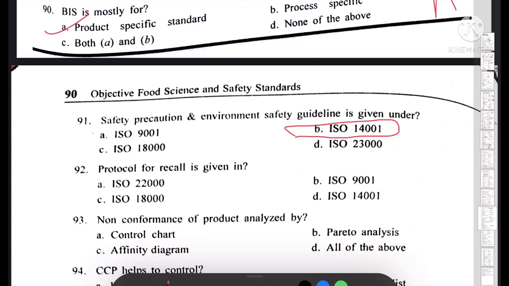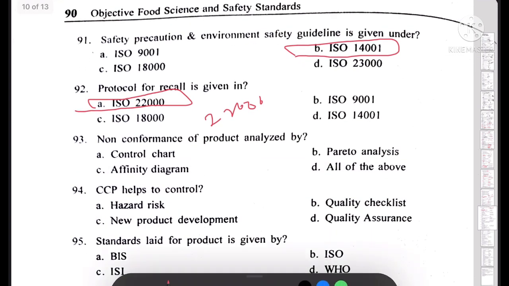Next, protocol for recall is given in. So the options are ISO 22000, option B ISO 9001, option C ISO 18000, or option D ISO 14001. So the protocol for recall is given in ISO 22000. Okay, next,